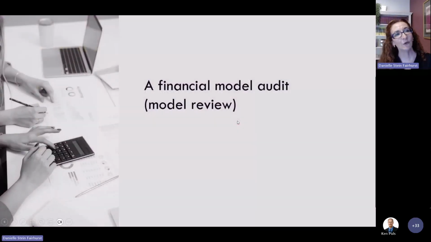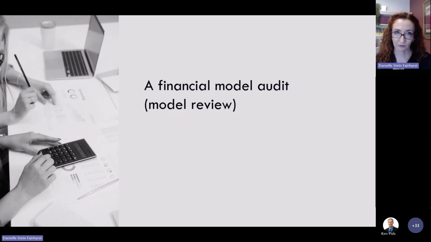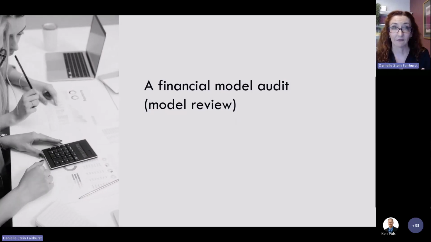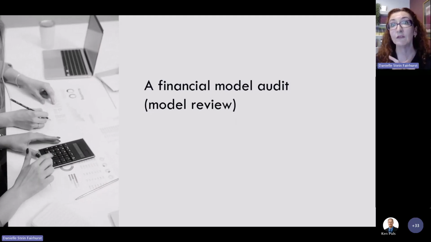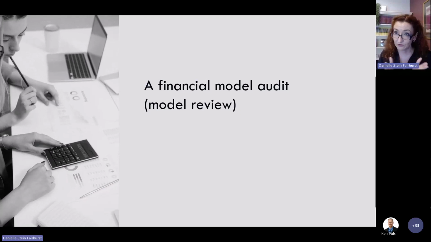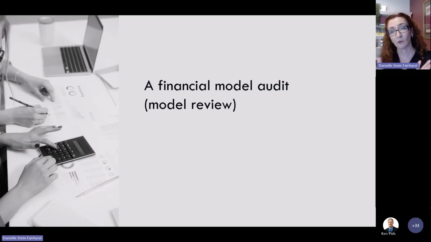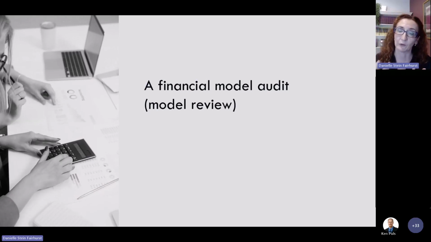And yeah, if you are going to use the financial model for funding, so if the bank is going to give you millions of dollars based on the financial model, they probably want the model audited. And I don't mean an accounting audit or a tax audit.